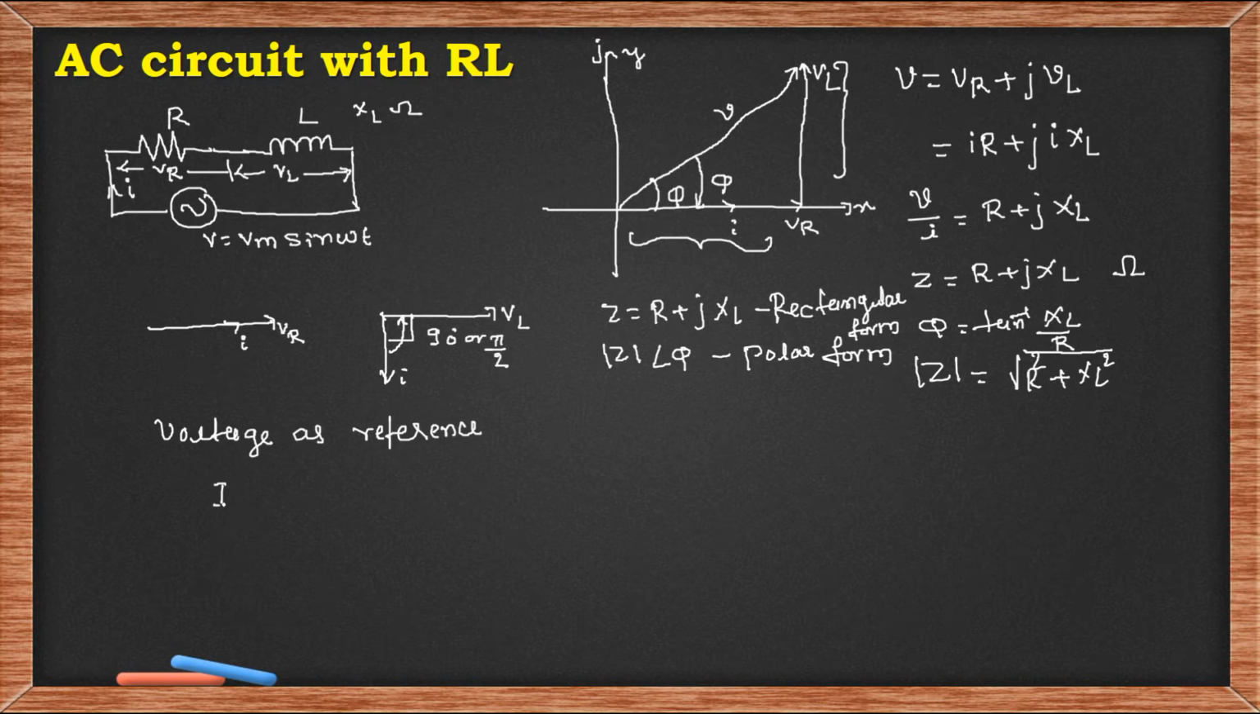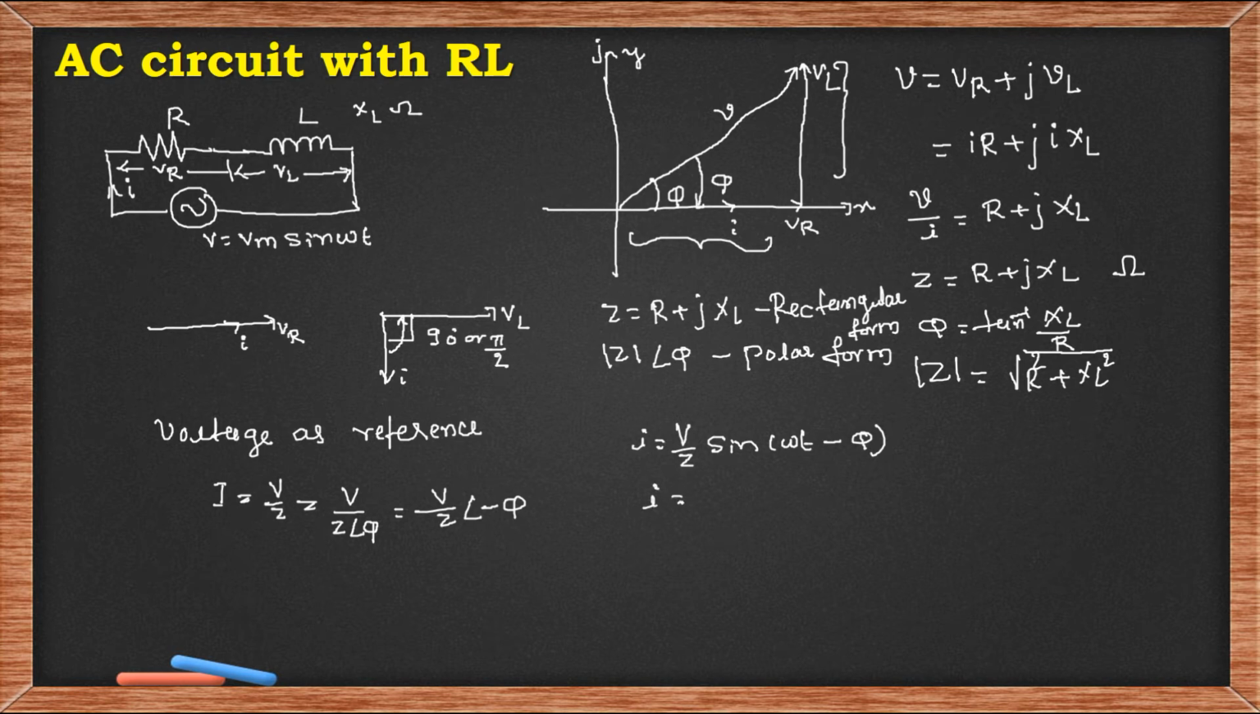Then I is equal to V by Z, where Z is a complex number. Its polar form is, as we know, Z at an angle of pi. Then this is equal to V by Z at an angle of minus pi, where the minus sign indicates that the current lags by pi degree. So the current equation is I equal to V divided by Z sine omega t minus pi,